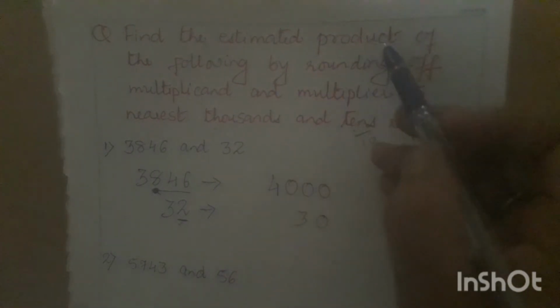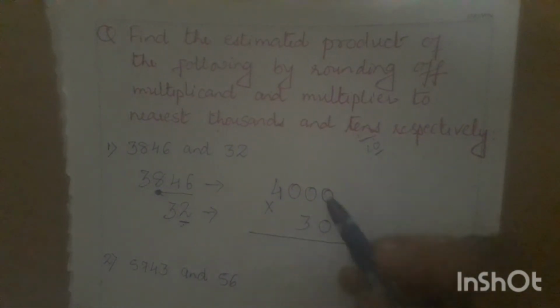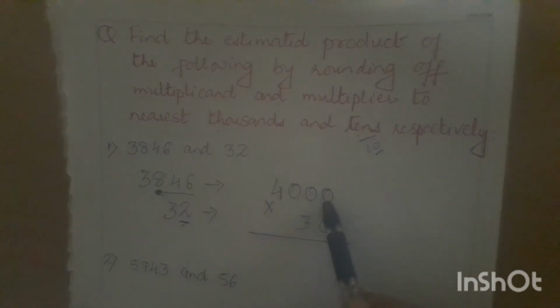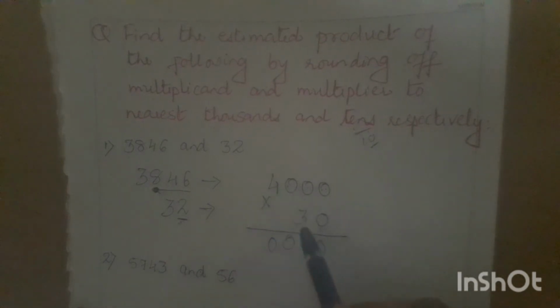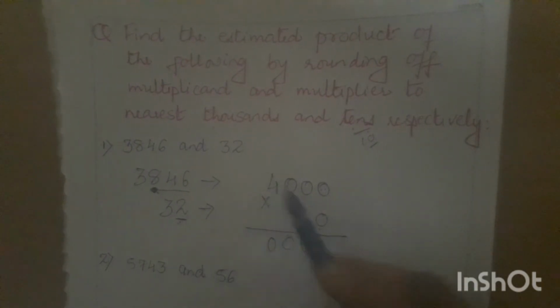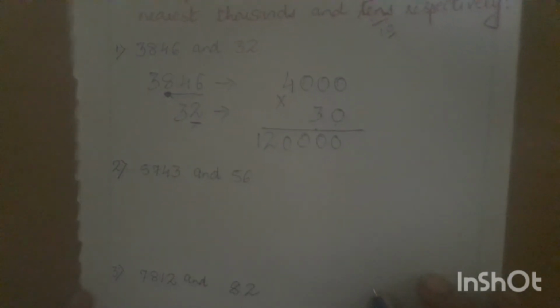Okay, and now this is the product, that is the multiplication, you have to do it. Now in multiplication, you know that the number of zeros you have to write as it is. Here total number of zeros we have is 4. So I will write here 4 zeros, first step. And then the numerals only are to be multiplied. That is 4 threes are 12. And you are done. Let's see the next question.